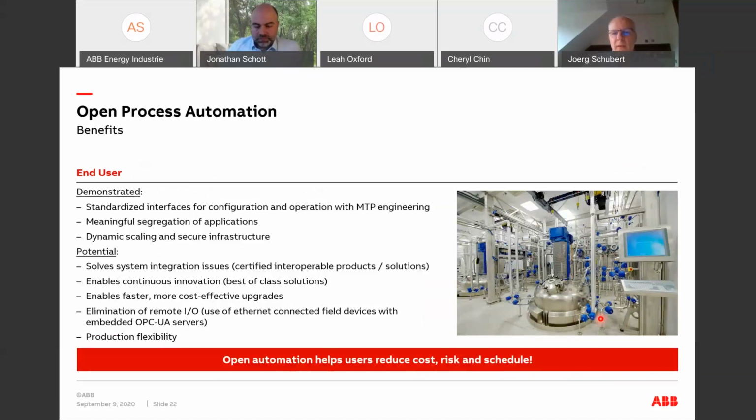We see this as a big chance to combine all the different initiatives that are happening in the market right now. We named the modular automation. We talked about field buses all the way down into the field. So all this, we see a great chance to have this all coming together in one solution, because the key precondition here for being successful in the market is the acceptance by the end user community. And that's why we are so eager to get this all converging into a common approach in the system architecture.